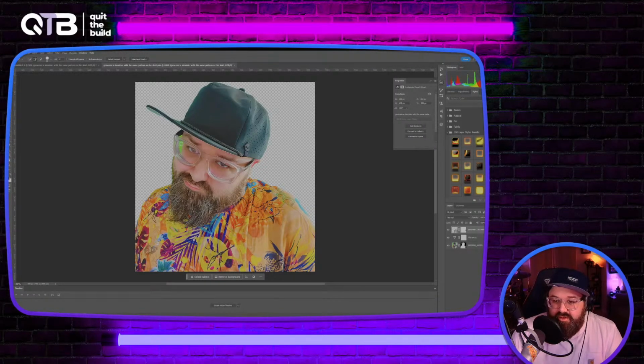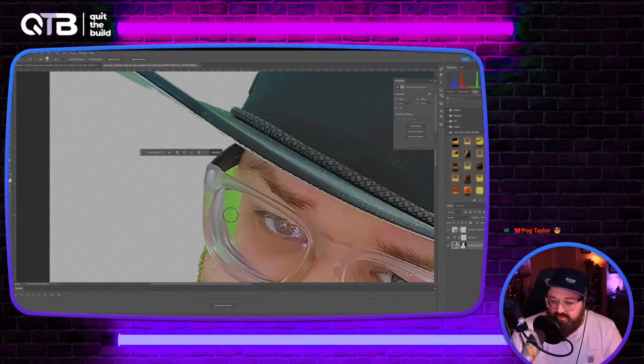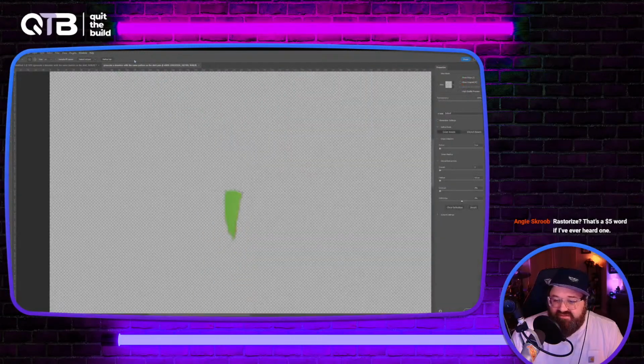Here we go. We'll want to go down to the actual layer that it's on, and we can kind of roughly go about grabbing the green spot. Now what I'm doing is I'm using the Alt key again to deselect what I don't want, and keeping this, letting go of it, will allow me to select what I do want. And then I can come up here to select and mask,